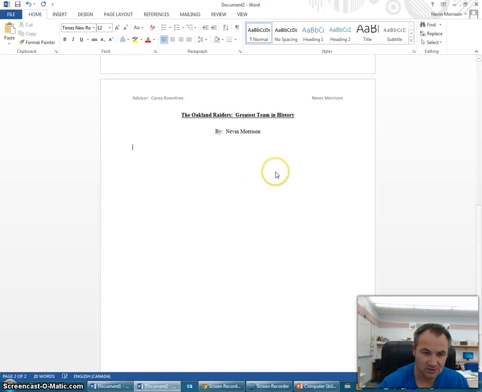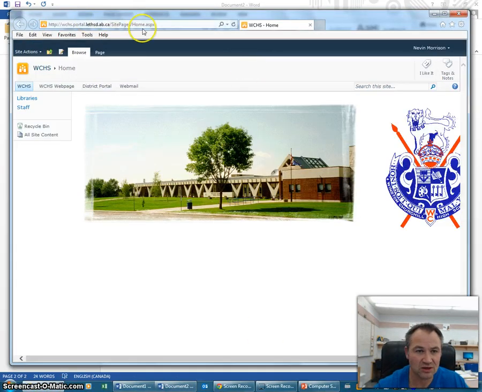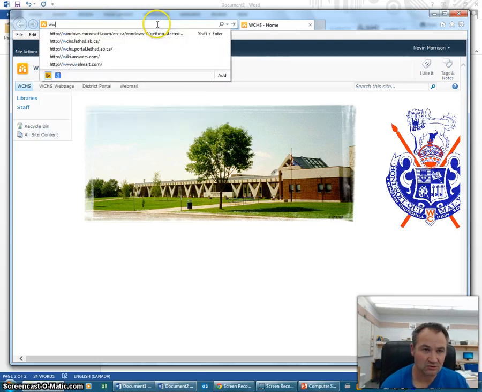Maybe I'll put as a paragraph heading, I'll put in here Oakland Raiders AFL days. So they originally started out in a different league, and so that can be a paragraph title. And so I maybe look up on Google some information on the Oakland Raiders when they were in the AFL. And so I'll just go to Google quickly